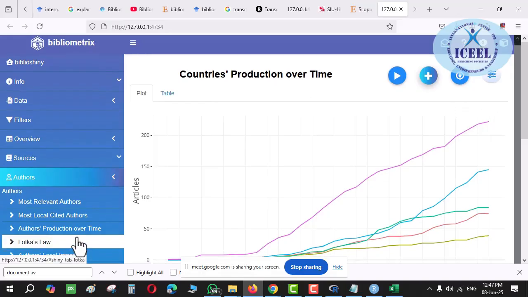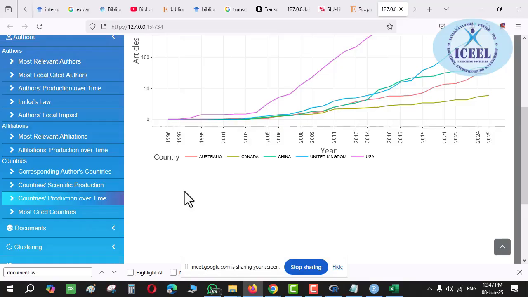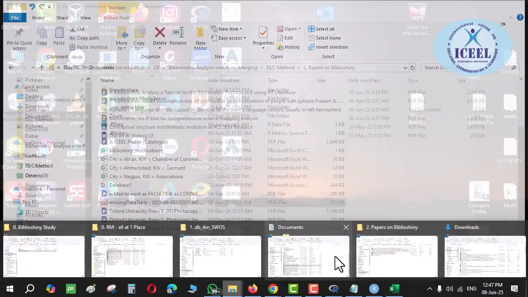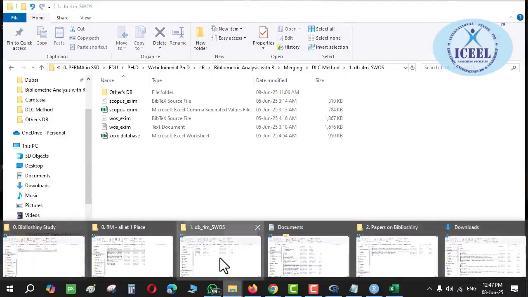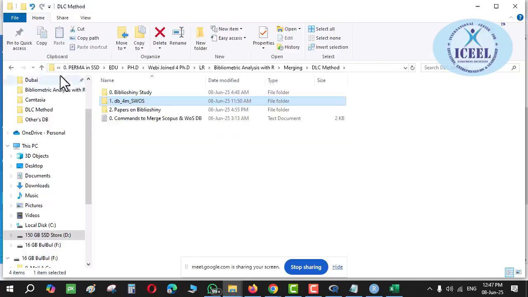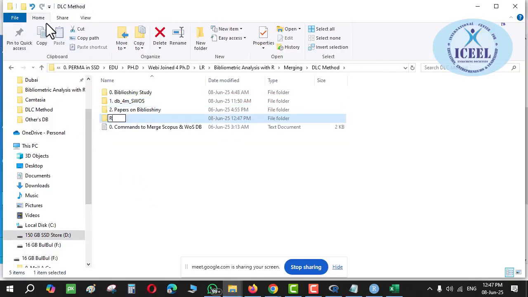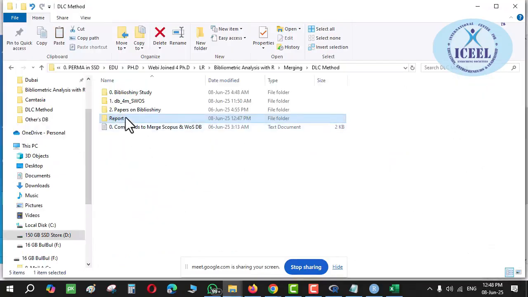Because here we will explore three or four ways, then consult our supervisor, then eliminate something or explore again. Whenever you do all these things, Ajay bhai, keep your database saved. Here is my database. Suppose another query is raised by them. This is my core database, and I can make another folder here, for example output or report, and export all my reports there. That Excel file will be exported here. I'll keep saving. I'll cut this final file and put it into my report folder. Simple.